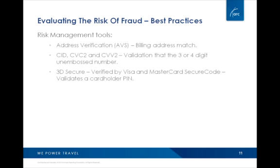Address verification service validates some elements of the cardholder's address. It is used to verify that the cardholder is who they say they are, by validating that they know their address. This tool is offered by all the credit card companies and supported by all the system providers. It's a valuable data element to use to evaluate risk, but it doesn't provide an absolute protection in